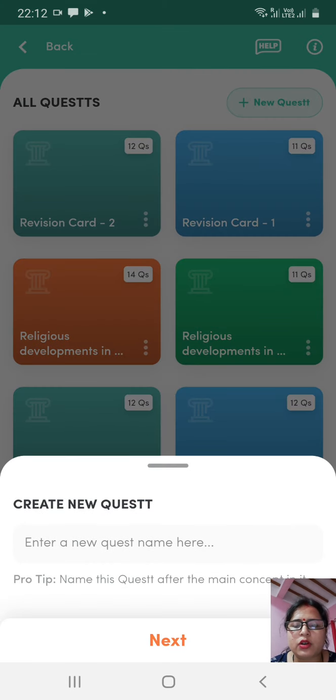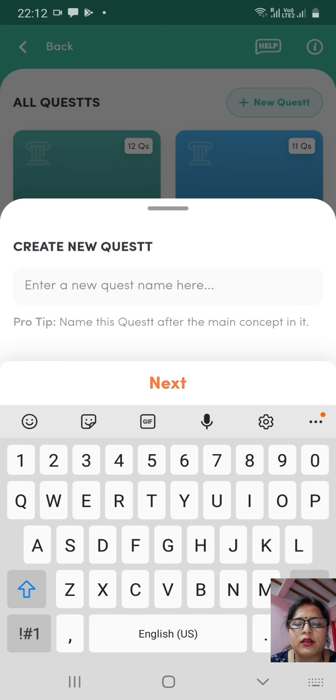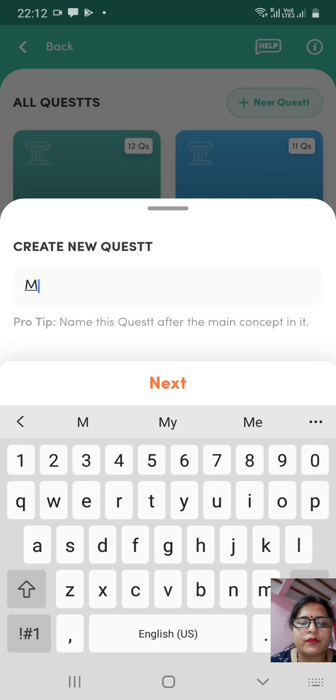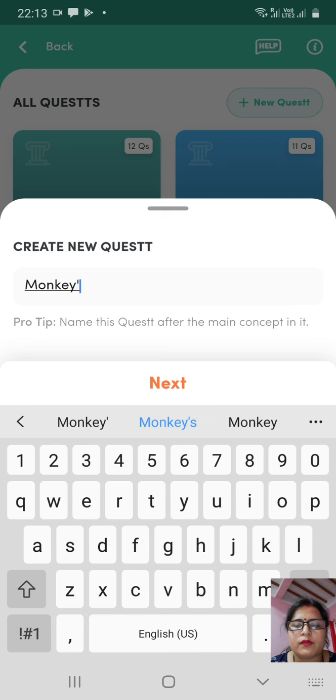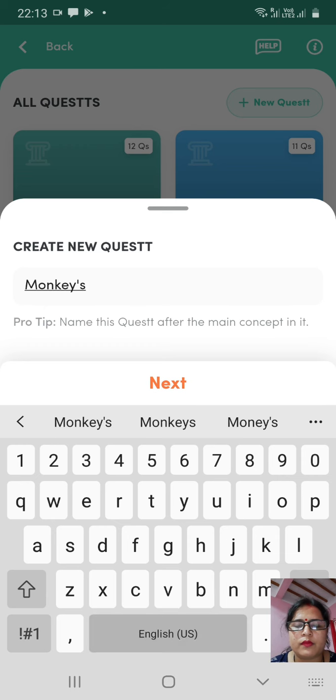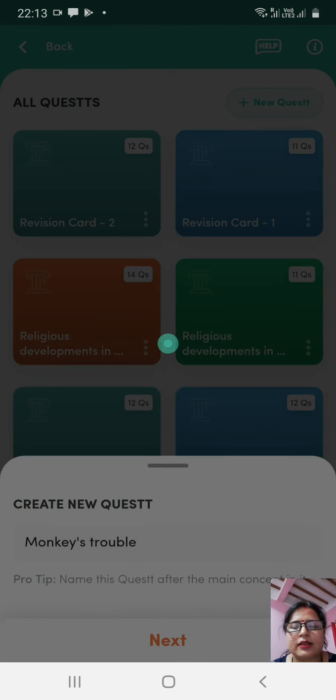When I select new quest, there will be an option to enter a new quest name here. Suppose I am teaching the students Monkey's Trouble. Then I will click next.